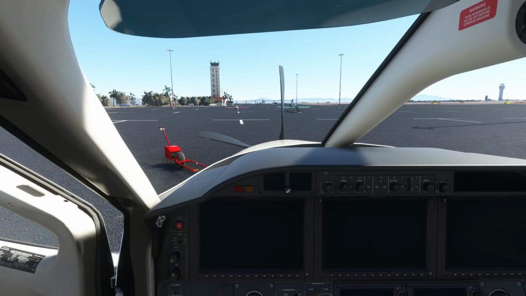Do we have 2 aircraft coming out there? That's kind of cool right there. Anyway,